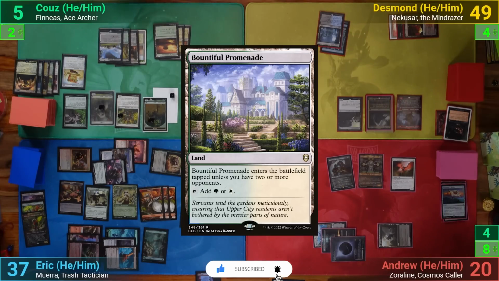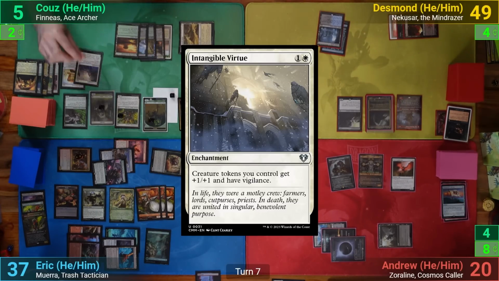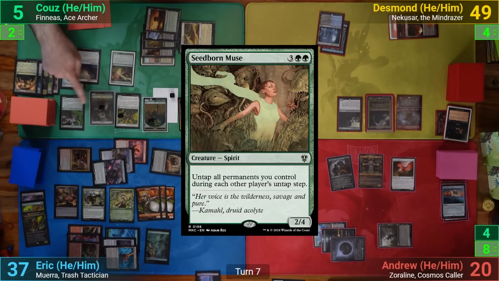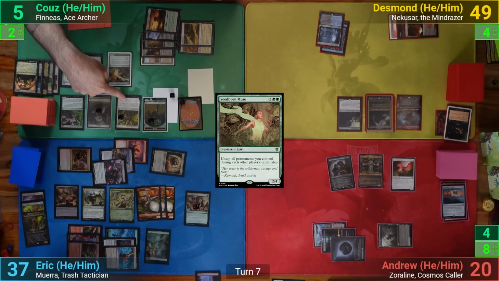Kuzno's got a Bountiful Promenade for his turn, making another Scoot Swarm. He then casts Intangible Virtue, and then Seedborn Muse. Moving to combat, he swings 2 insect tokens at Desmond, 2 rabbits at me, and the Seasoned Warren Guard at